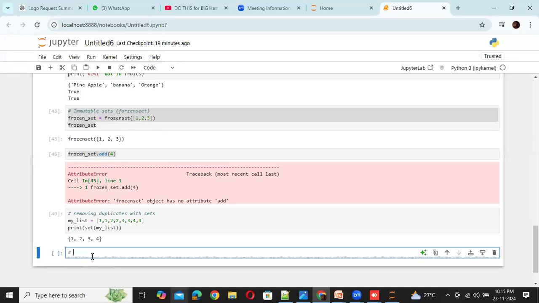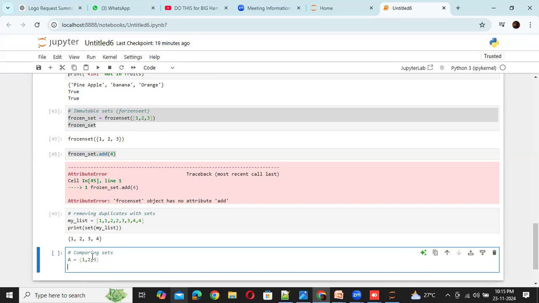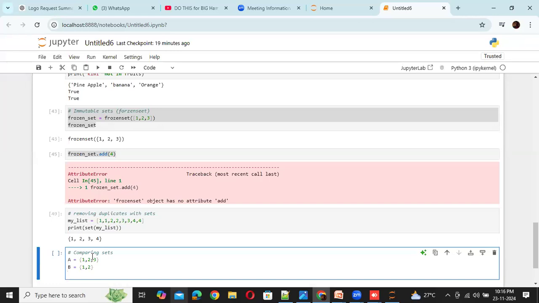We have something called comparing sets. Same thing, A is equal to 1, 2, 3, and B is equal to, let's say, 1, 2. Let's take a simple example. Now what we will do is subset.